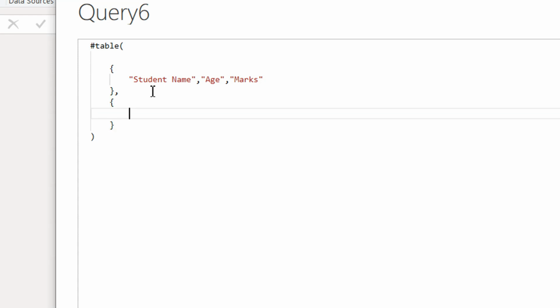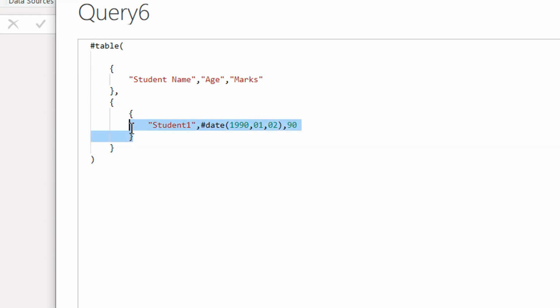So curly bracket and then again curly bracket for the first list, and it will be the student name, for example, student 1, and the age is #date, and here we write 1990, 01, 02, right? And then the third parameter is, for example, 90,